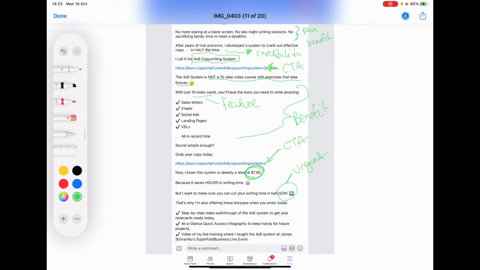Urgent. That's why I'm also offering these bonuses when you order today. Step-by-step video walkthrough at a glance. So you see, he left these bonuses for the people that were not sold with the first two calls to action, and now he's giving you a bunch of bonuses like a step-by-step video walkthrough, a glance quick access infographic, a video of my live training where I taught it at this super fast business live event. Okay, so bonuses